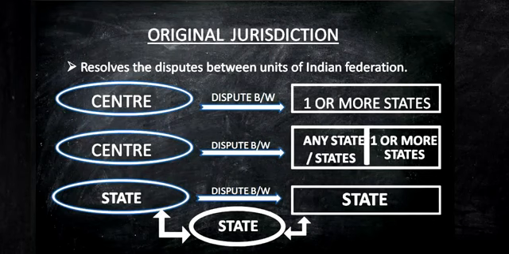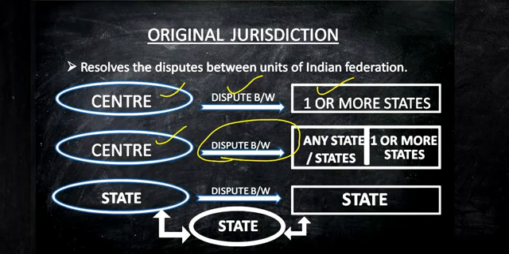Now original jurisdiction. So what do you mean by original jurisdiction of Supreme Court? See, there will be some disputes between the central government and one or more state governments on one side. So if such a dispute arises, or let us say there are some other disputes where the center is on one side and one state or many states are on the other side, then a dispute may arise, and another dispute where three different states are on three different sides and they are fighting for a particular cause.